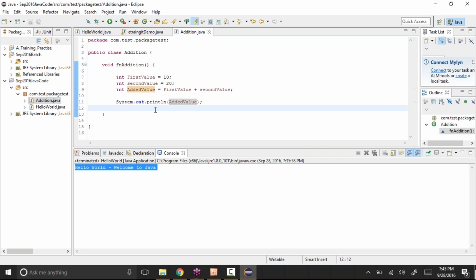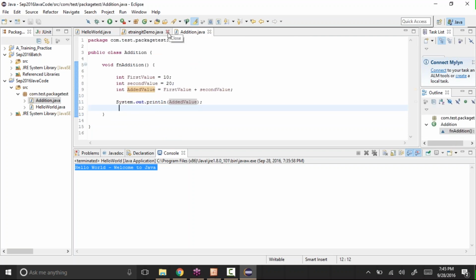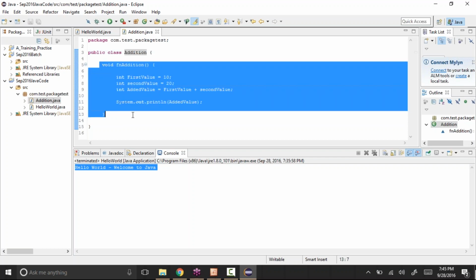Instead, what we can do is save this and come here. We created a class. To execute whatever code is there in the class, we need to create an object of this class, and with the help of that object you can execute whatever is there in the class.